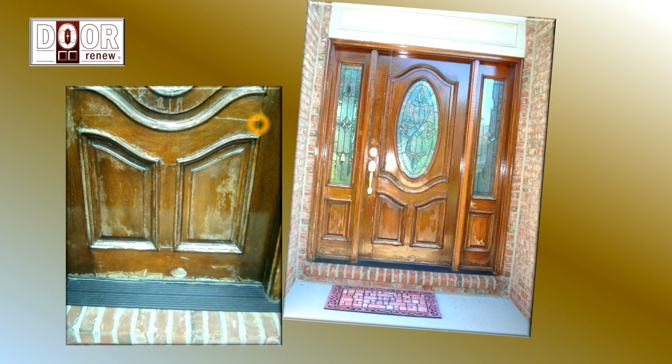And the reason it's common is because what's really damaging these doors is, for the most part, the UV rays from the sun, the ultraviolet effects from the sunshine. And the top of the door, which is often covered, at least in part, by an overhang or a porch, doesn't get that much sun. The middle gets less than the bottom, so there's less exposure to the harmful UV rays, but it's the bottom